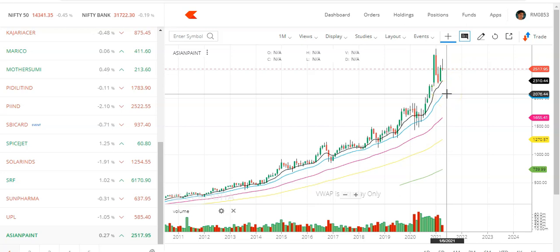So how do you place an order for this particular price? One option is logging in daily early morning and placing an order for this price, which will get cancelled at the end of the day, and you have to repeat this process until it gets executed. Or you can place an AMO, an after-market order, but that is not the right way to do it. You need not place an order every single day that gets cancelled at the end of the day.